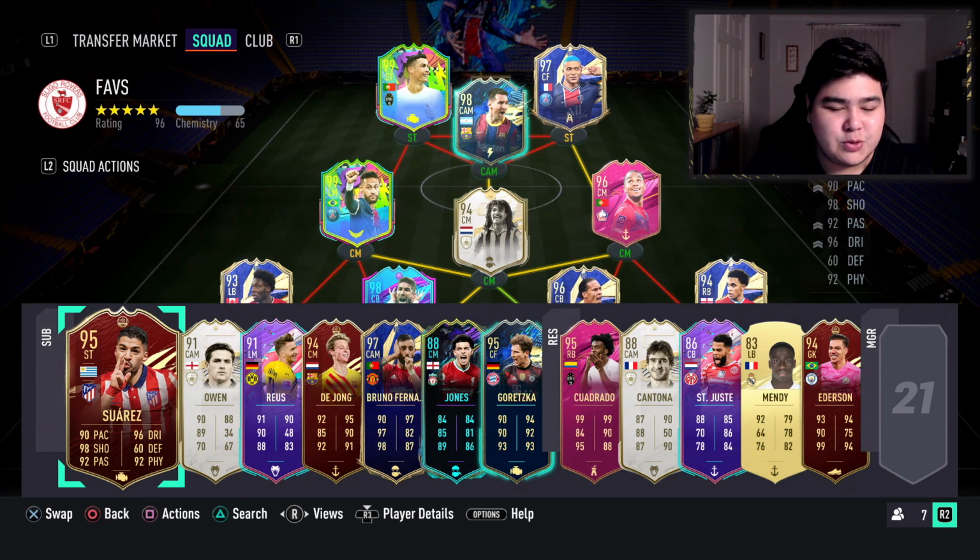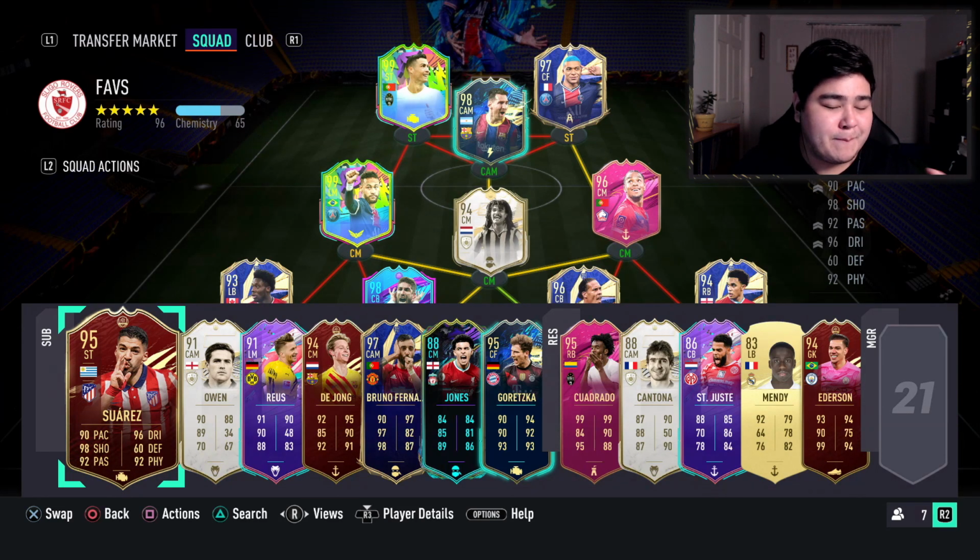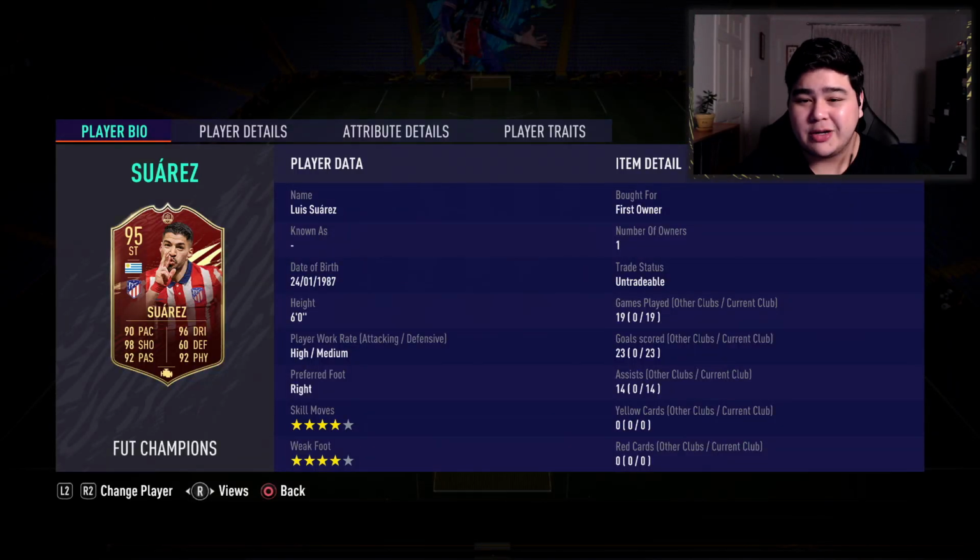Now, also on top of the boys, we do have a few players on the bench and reserves that I'm going to briefly go over, but these are some of the players I've really enjoyed throughout the year. Suarez, first of all, incredible to see him back with 4-star skills on weak foot. I don't really like that EA butchered him, but this version of this card was absolutely incredible,